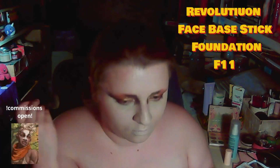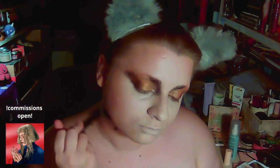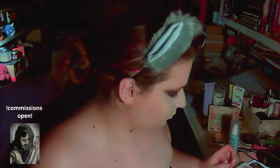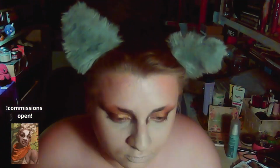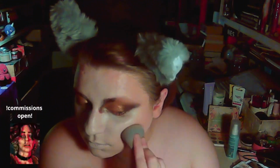This is me using a Revolution foundation stick as a bronzer. I don't know if I want to keep using this because the shade's not the best. It's a little peachy orangey on me. Oh, I had to put ears on because I kept getting hair in my face, so I needed a headband to keep my hair back. But yeah, in the NYX color correcting palette, there's a sculpting bronzery shade that, to be honest, has